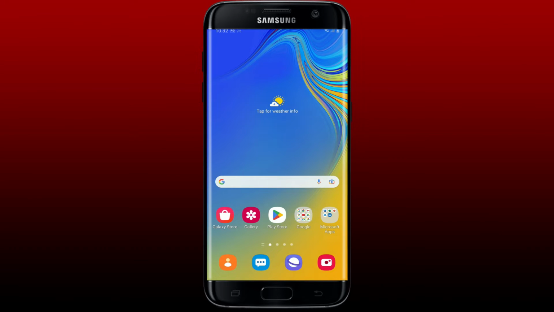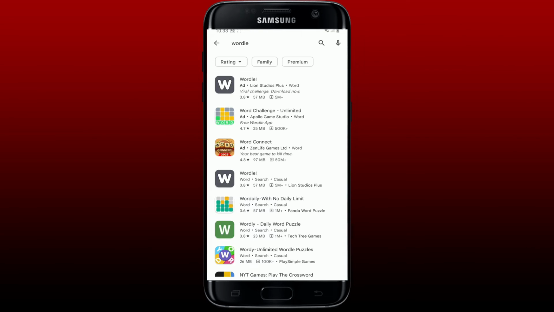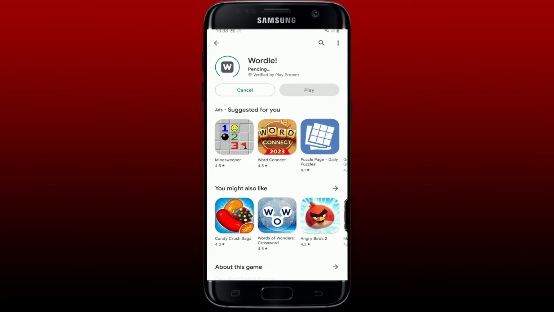Open up your Play Store to begin. In the search box, type in Wordle and perform your search. From the search results, pick this application from Lion Studio Plus and tap the install button to begin the downloading